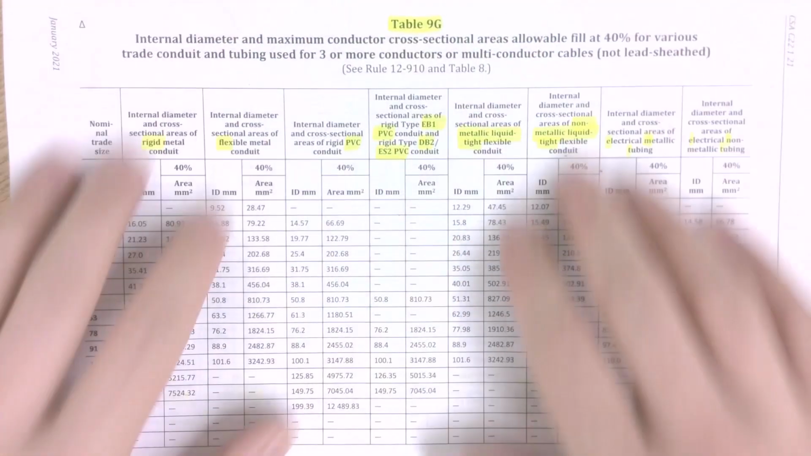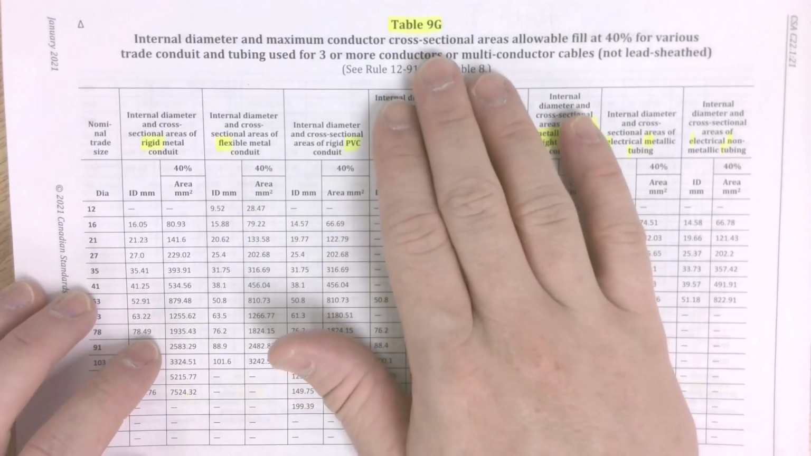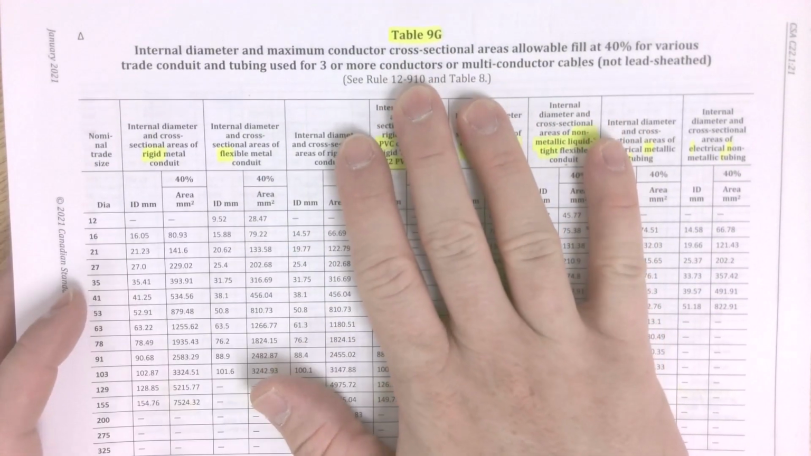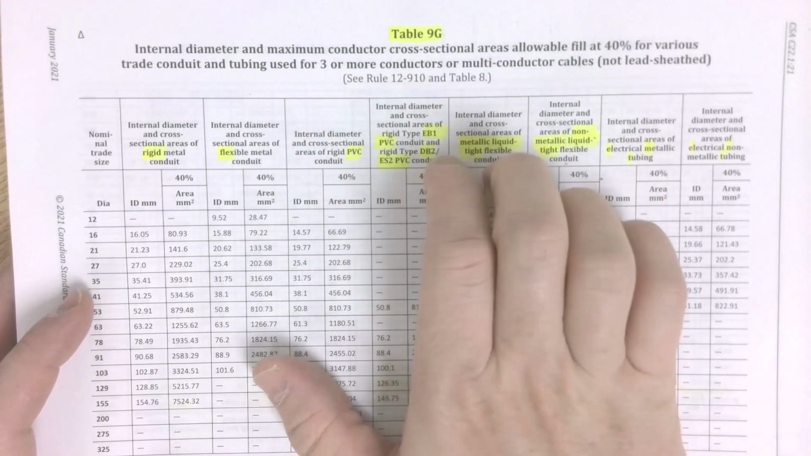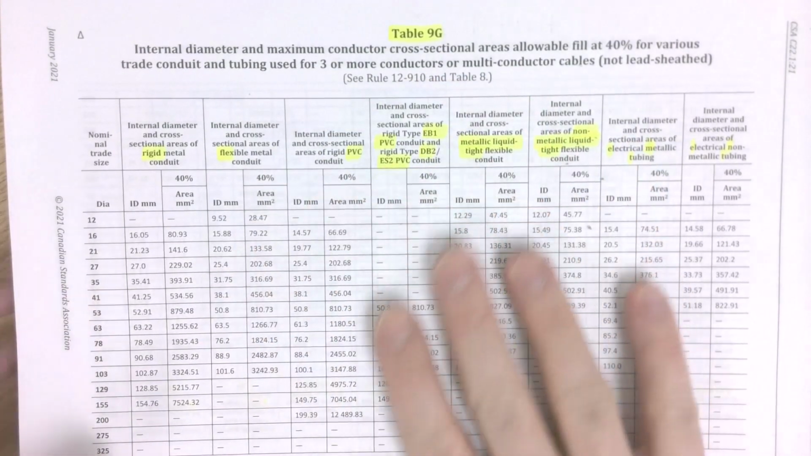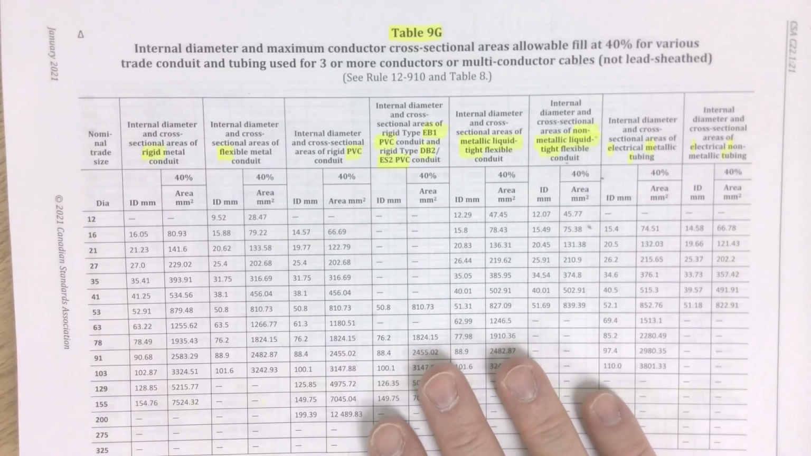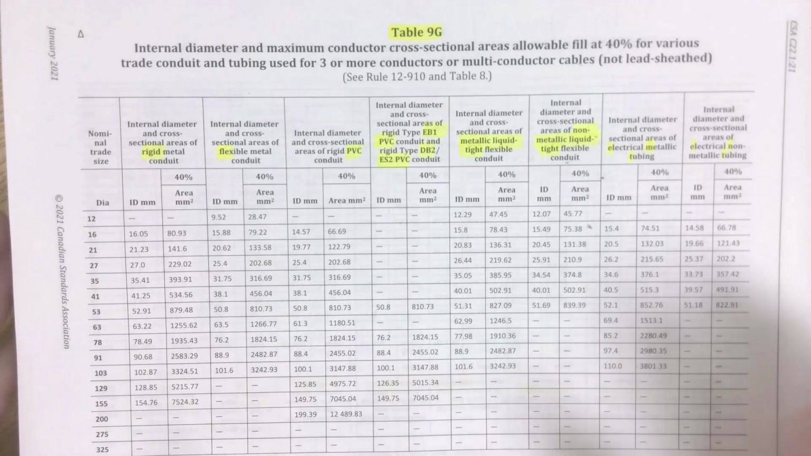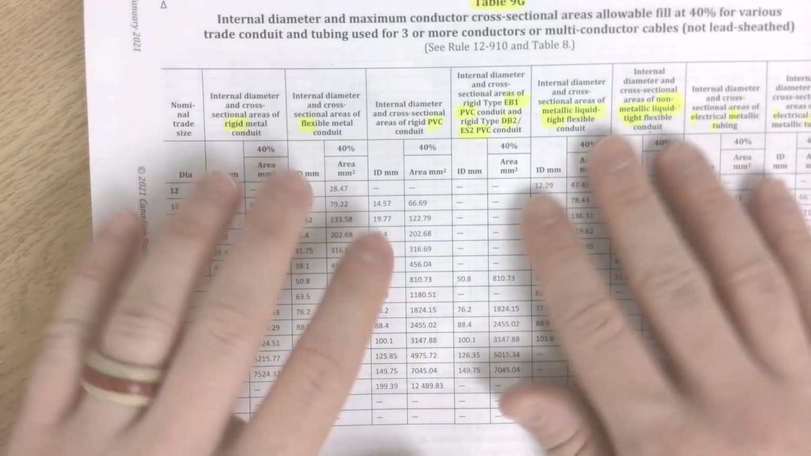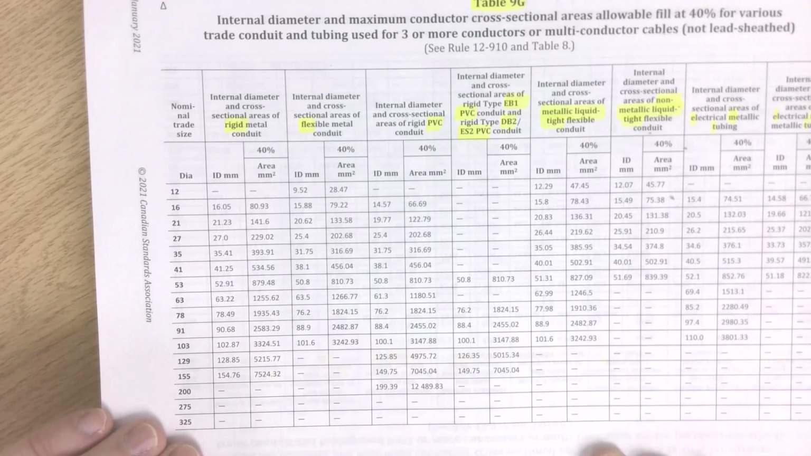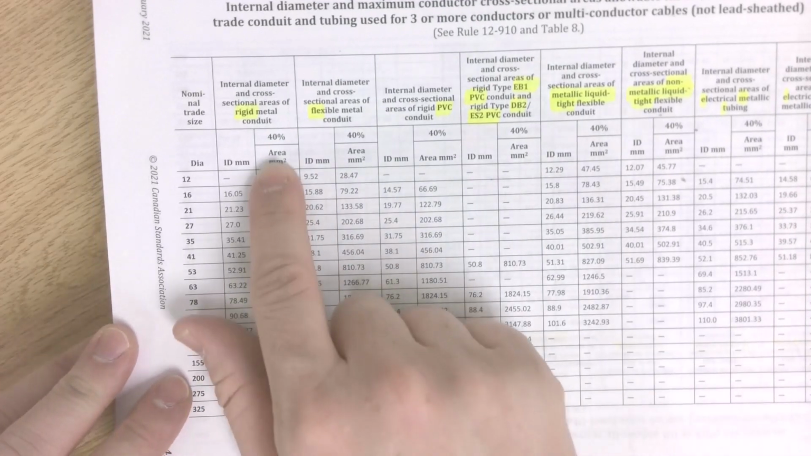can. And so I used to say this is the default, it's not exactly the default. It kind of functions like the default because most of the time we're dealing with not lead sheathed, 40% raceway fill. So table 9G saves us the step of multiplying table 9A by 40%, and it just gives us the